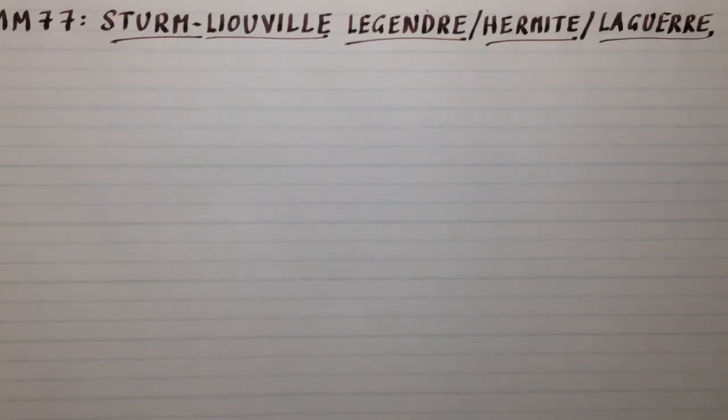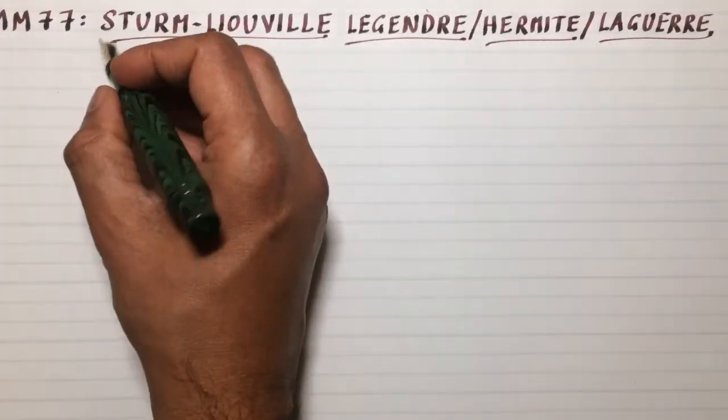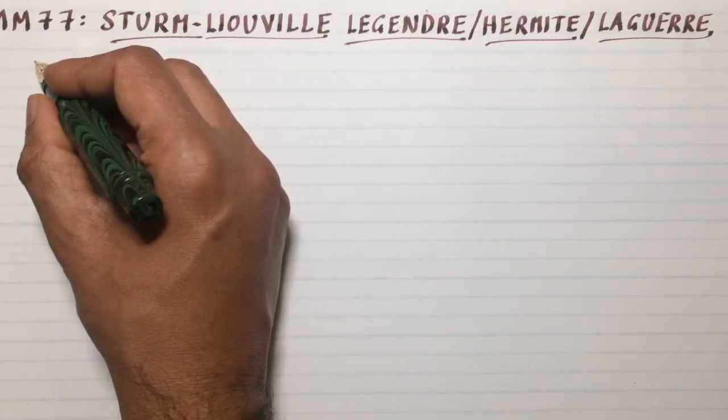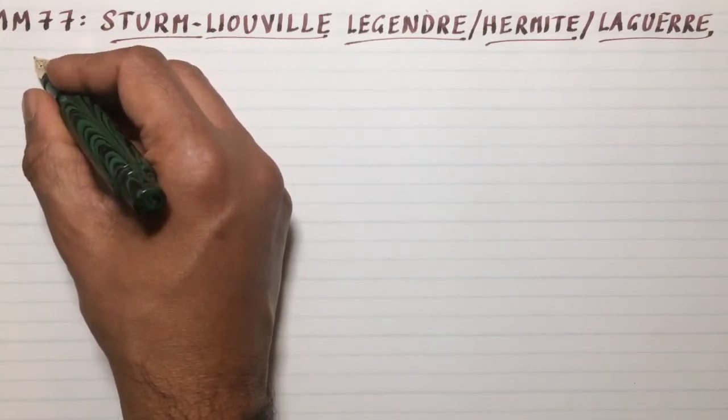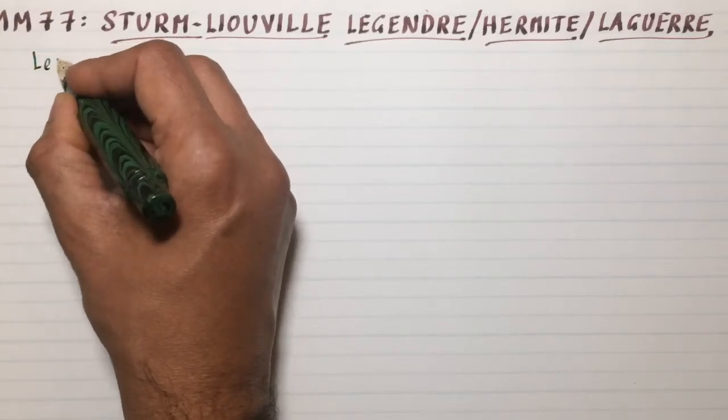In the previous video, I introduced the notion of the Sturm-Liouville theorem, and we saw how the Bessel equation can be formulated in terms of an eigenvalue problem using the general setup of the Sturm-Liouville theory. Now, let's try to do the same thing for other differential equations. For example, the Legendre differential equation,